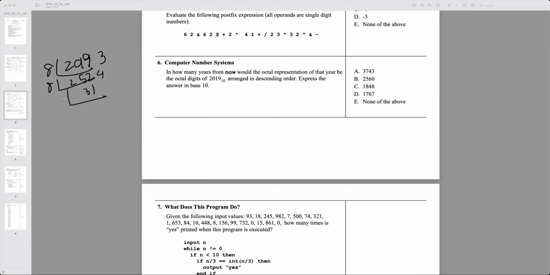So the octal representation of 2019 is 3, 7, 4, 3, 3. And this in descending order would be 7, 4, 3, 3, 3, base 8. And let's now convert this back into decimal. So 7, 4, 3, 3, 3 in decimal would be